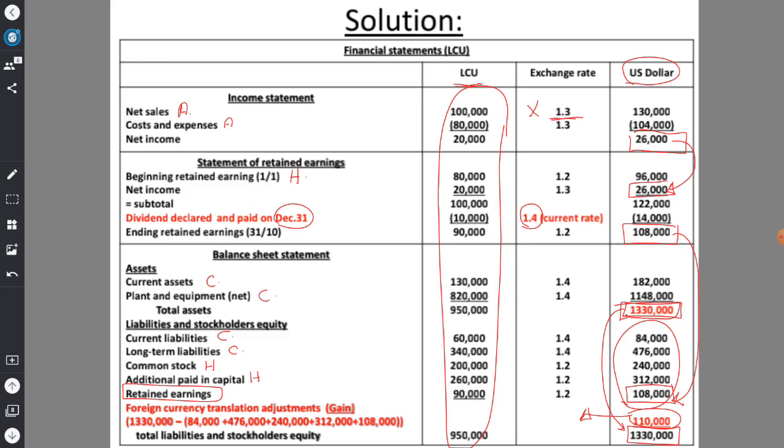يعني إيه؟ ال 1,330,000 هشيل منها السمشن بتاع liabilities و owners equity، السمشن بتاع ده كله هيديني الفرق بين الاثنين 110,000. ال 110,000 ده يعتبر translation adjustment. اوكي؟ طب